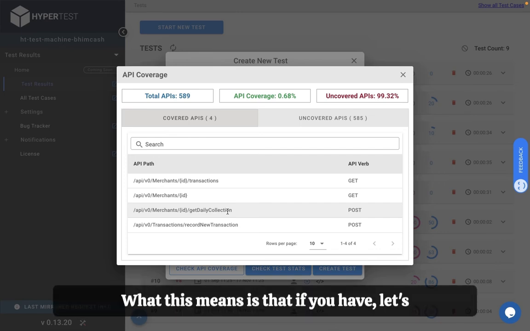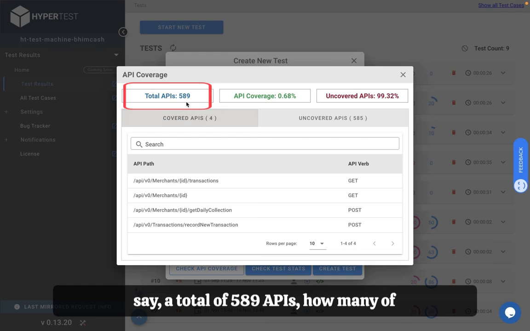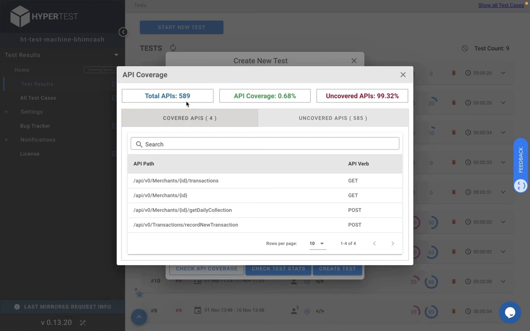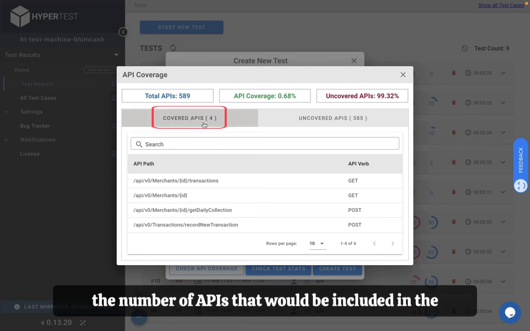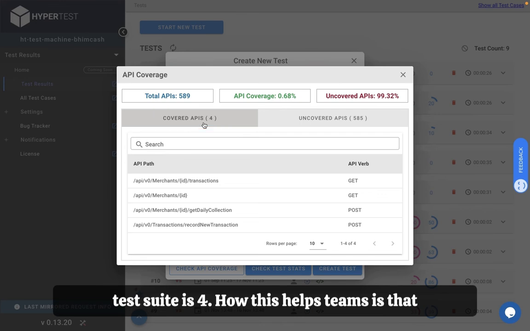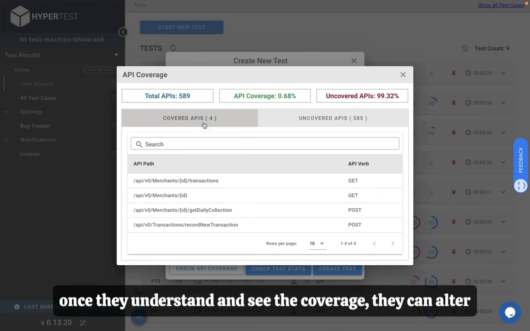What this means is that if you have, let's say, a total of 589 APIs, how many of those would be tested in this suite? In the example that you can see on the screen, the number of APIs that would be included in the test suite is 4. How this helps teams is that once they understand and see the coverage, they can alter